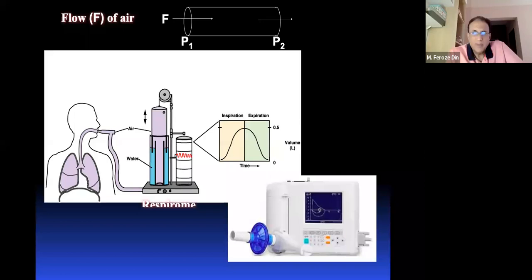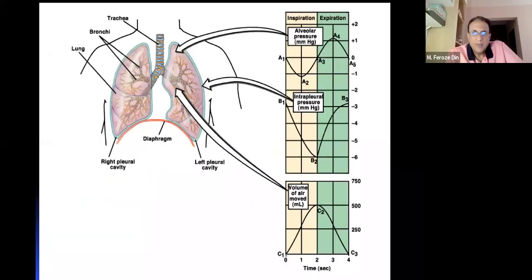Just for our reference, there are some pressure changes. You can see the alveolar pressure in inspiration and expiration. That's how it changes. It becomes 0 to start with, becomes a little negative as air comes in, and then during expiration it becomes a little positive. The intrapleural pressure, that is the pressure within the pleural space, you can see it becomes